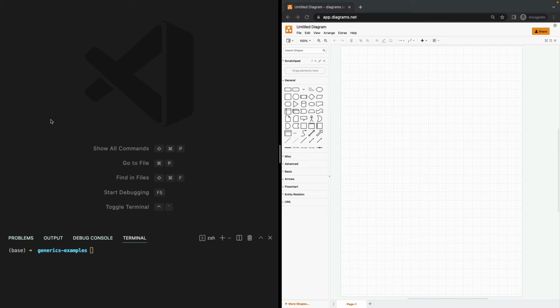Hi there, welcome to part 2 of building generic data structure in Go. In part 1, we built a linked list, which I'm going to link to this video. In this second part, we are going to build a queue. A queue is a simple data structure, which means the first in that joins the queue is the first thing that